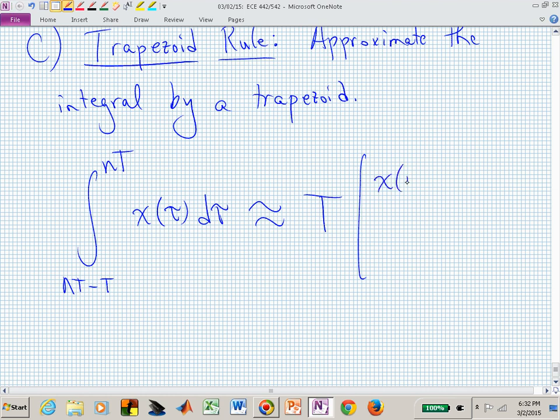We now have x of nT plus x of nT minus T, all divided by 2. And if you wanted to think a little bit more about this, you're averaging the forward and the backward rules. So you're sort of taking a compromise between those. This is like averaging